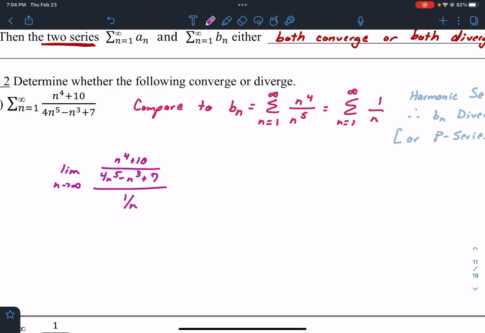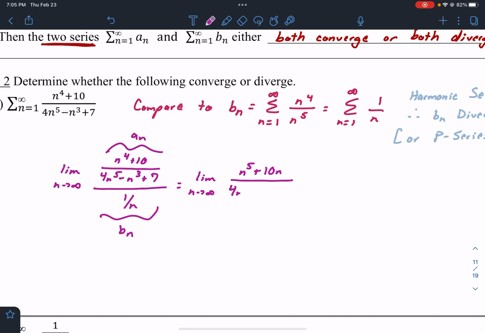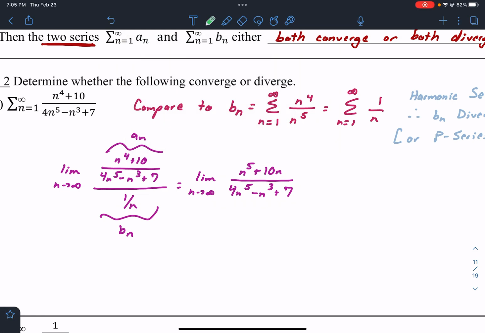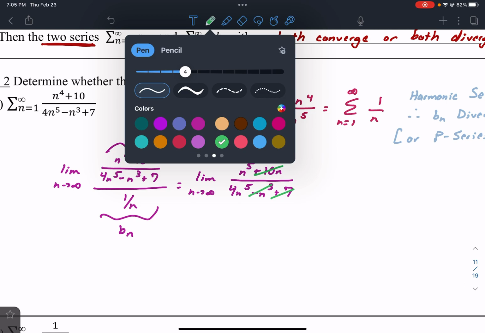Now this is a complex fraction. I don't like it. This is not what I want to work with, so I'm going to multiply by the reciprocal. I'm going to write this as one fraction. And when I multiply by n on the top, I get n to the 5th plus 10n over 4n to the 5th minus n cubed plus 7. And now I'm going back to our very first unit, and I'm just analyzing this limit. Well, that spit in the ocean, and that spit in the ocean, and that spit in the ocean. So this limit